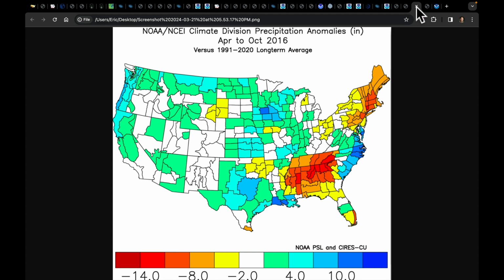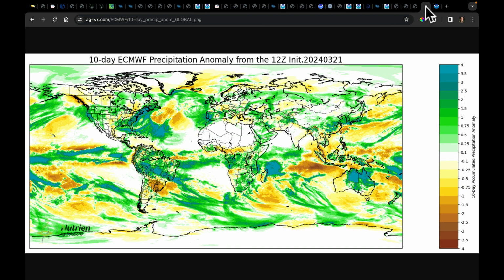Okay, one last thing just to show you, one more slide to click on. It's this global update on precip. It is wet across parts of China, very wet in northern Australia where there's a tropical system that's still sitting and spinning. We finally got some rain down into South Africa. Much of Western Europe has decent moisture and no major dry signals around the Black Sea. But this little stripe of rain right in through here is mission critical to the success of the